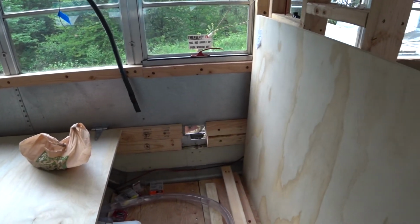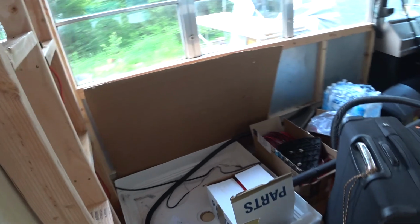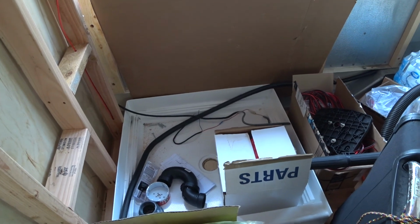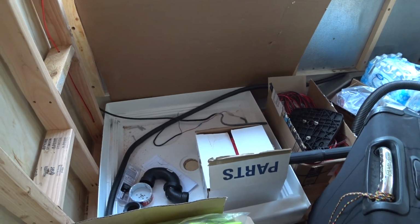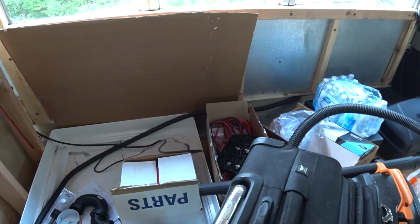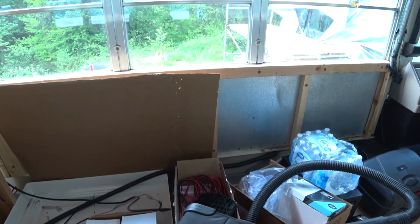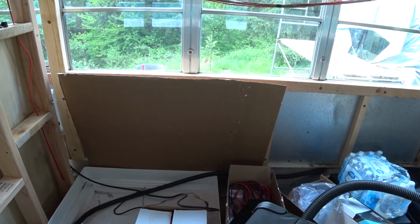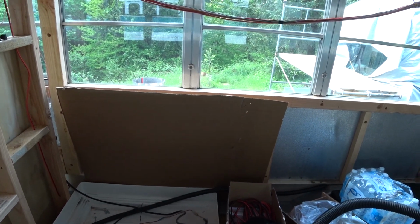So a lot of details. And then we got to work putting a hole in the floor for the shower. That's going to be sort of a mother to do because it's a 4-inch hole and it's got to go through one of the ribs of the floor, so I know that's going to be a little bit of a challenge, but we will definitely get it. And then another piece of plywood is going to be the side of the wall of the shower, and then on the inside of the shower there's going to be like galvanized. It'll be sort of an industrial looking shower, galvanized for the walls,